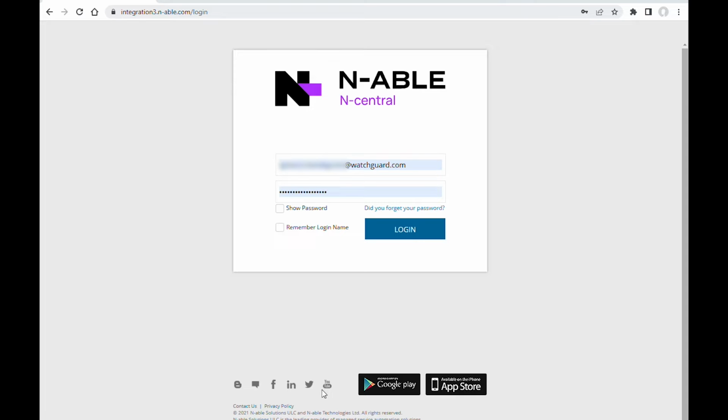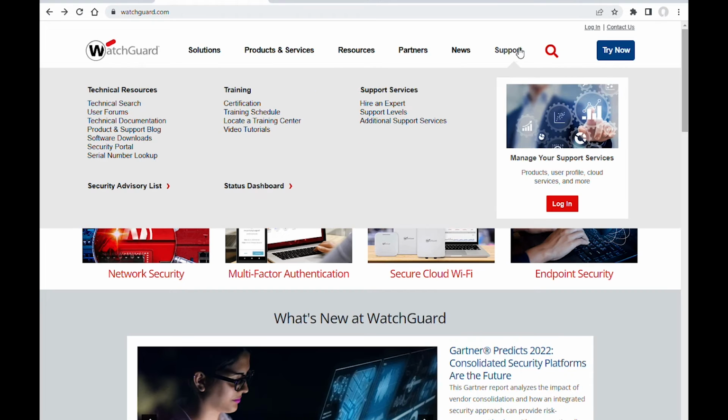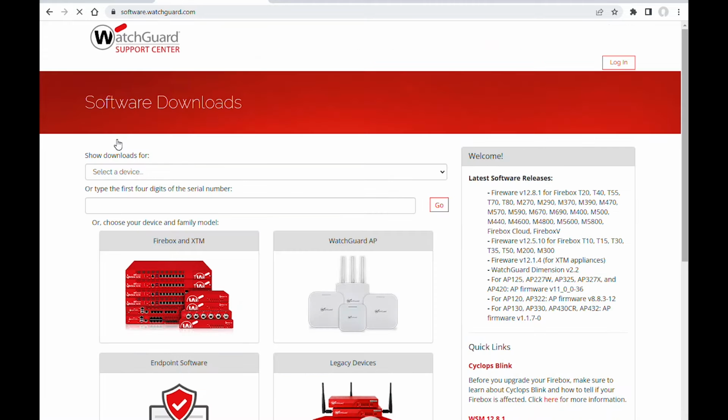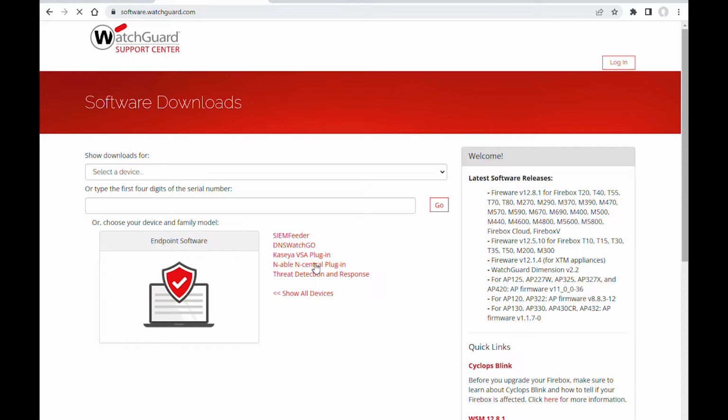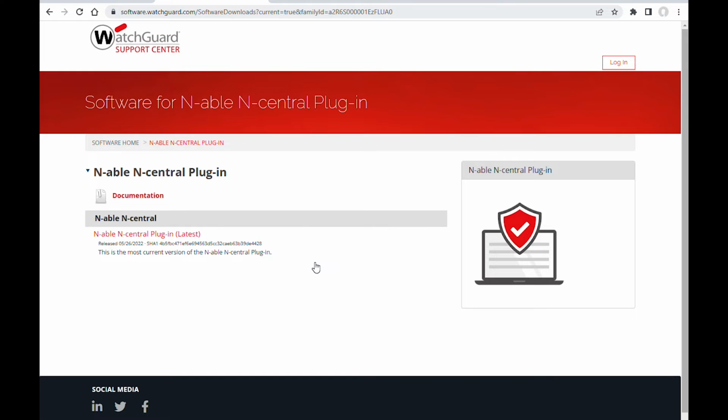You will be able to automate the deployment of WatchGuard Endpoint Agent, launch on-demand security scans, monitor the security status, and much more through the N-Central platform, saving you time and money. The preparations to integrate WatchGuard Endpoint Security features in N-Central need to be done only once. The first step will be to download the set of files required for the integration, which are available in the software download page of the WatchGuard site.